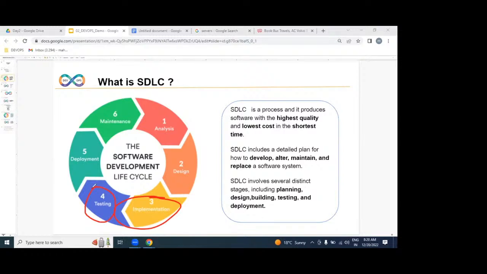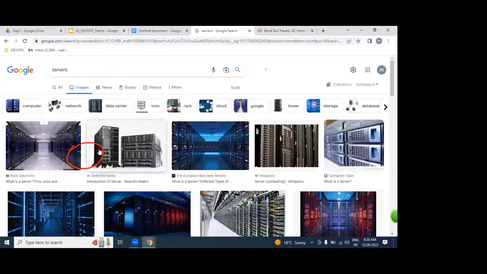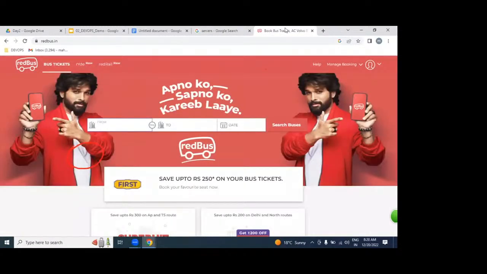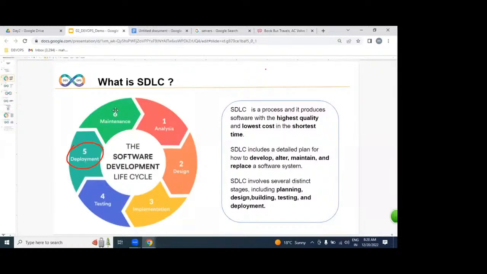Once it is verified, we are going to deploy on hundreds of production servers. Once it is placed on hundreds of production servers, we can access it over the internet as a website. That's it. Whether it is working or not, we are going to monitor and maintain.